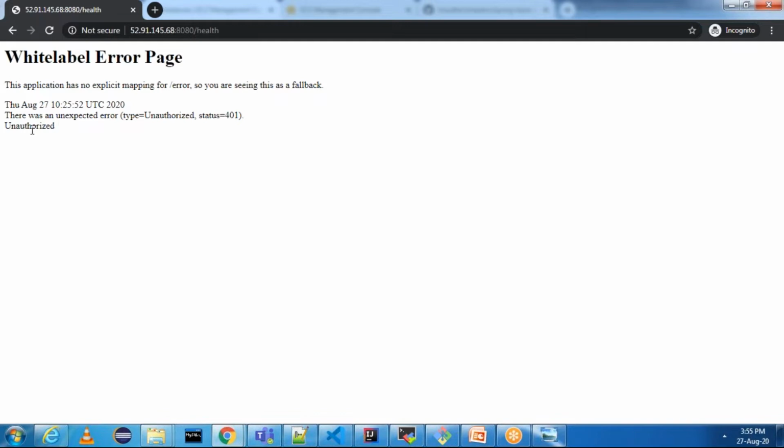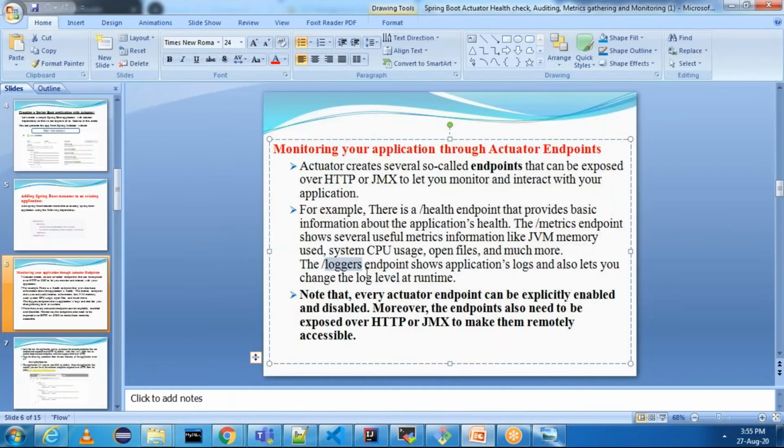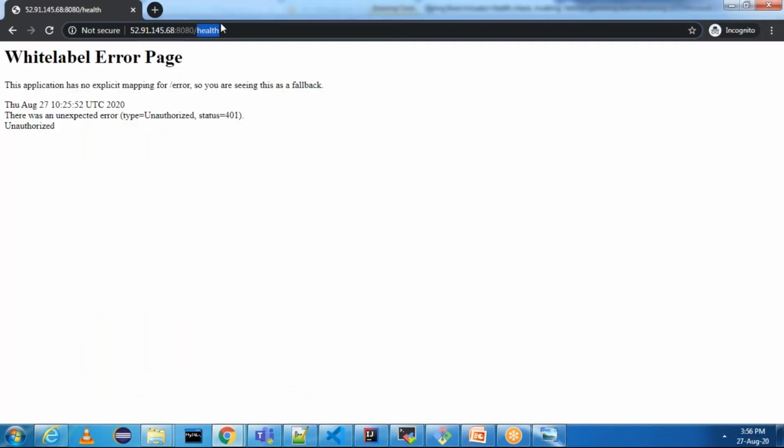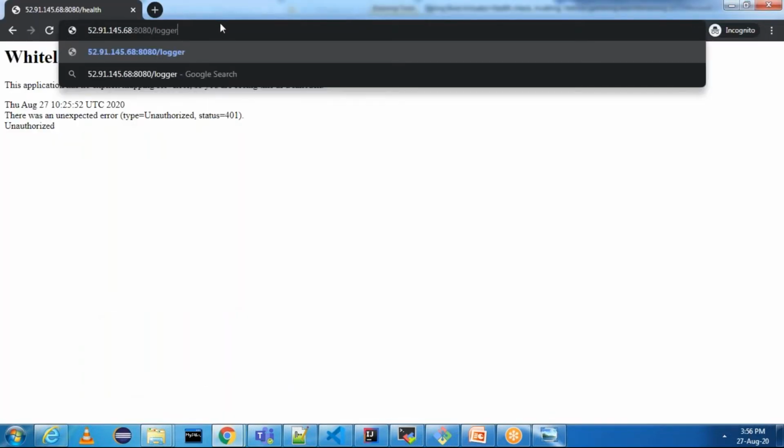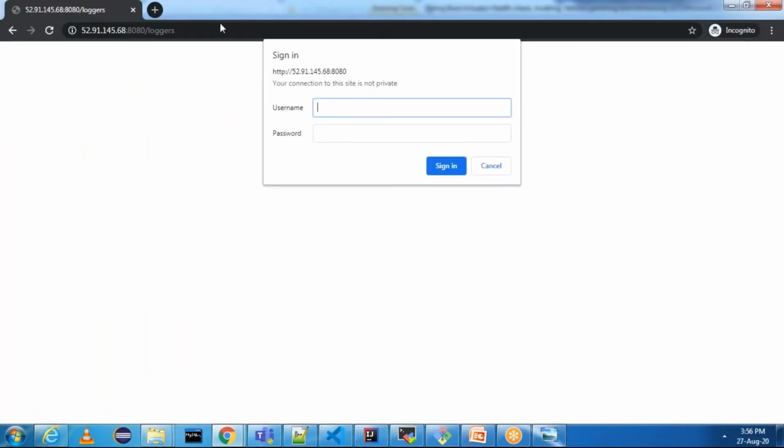We'll see the error because I have to provide a username and password for seeing this. And along with the /health endpoint, I can see /loggers as well. Even this is asking for username and password.